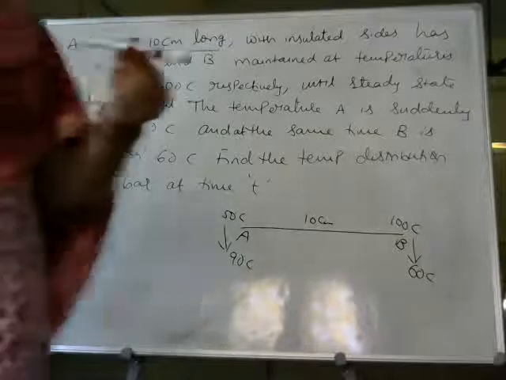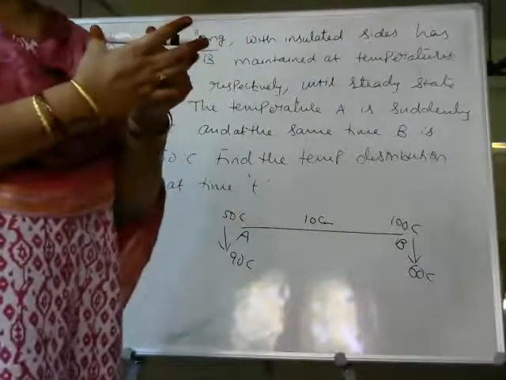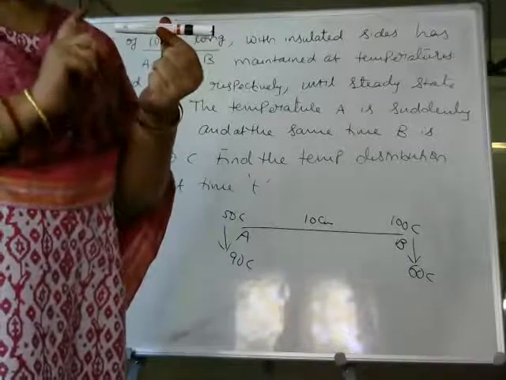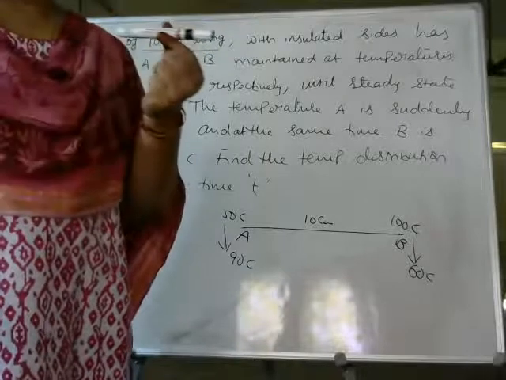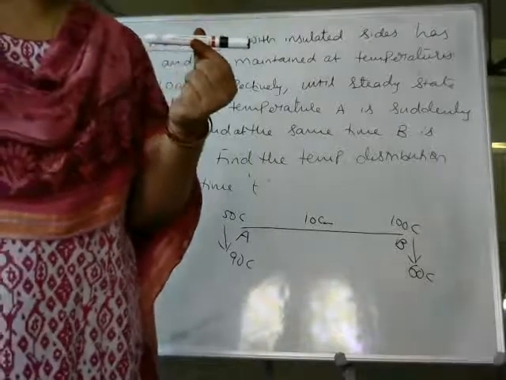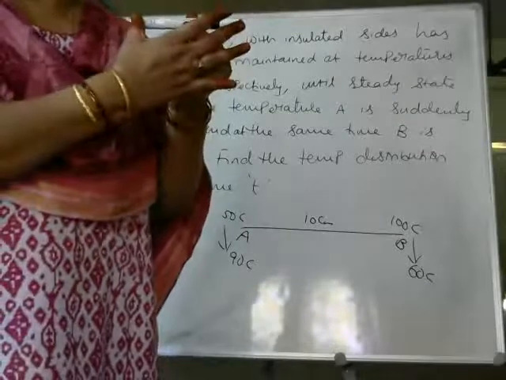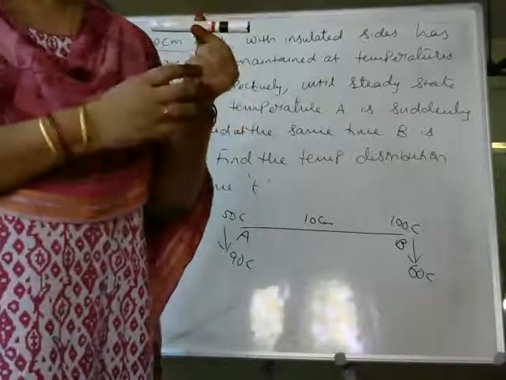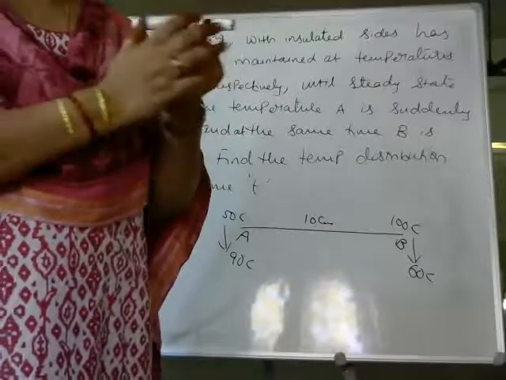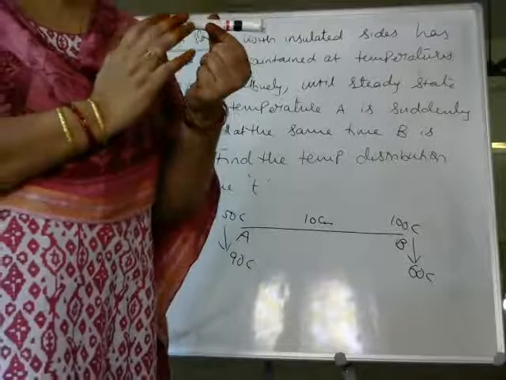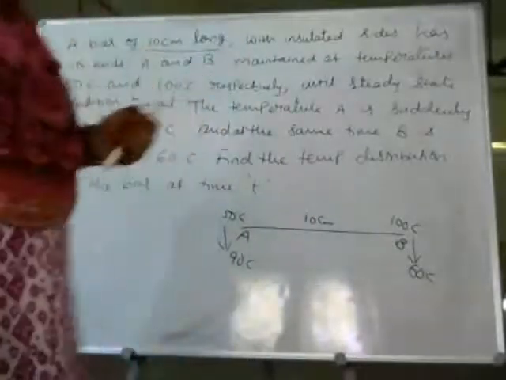The rod is of length 10 centimeters. Originally, it is having at both the ends 50 degrees and 100 degrees. You can understand the difference between the problem we have done before and this one. In the last problem, both the ends were kept at 0 degrees, so directly we calculated it. But that is not the case here. Both the ends are not zeros. One end is kept at 50 degrees and one end is kept at 100 degrees, until steady state condition prevails.